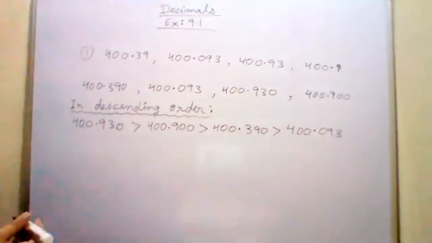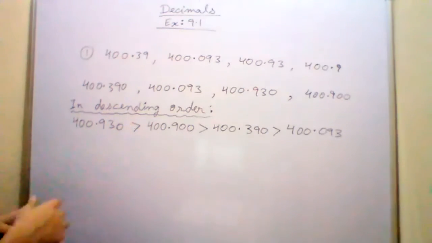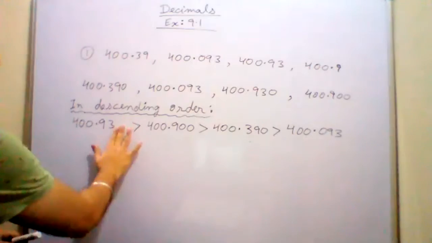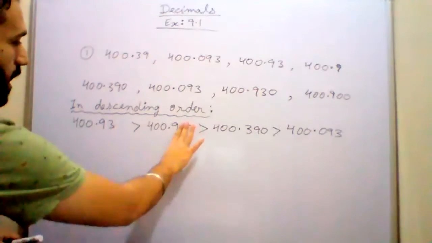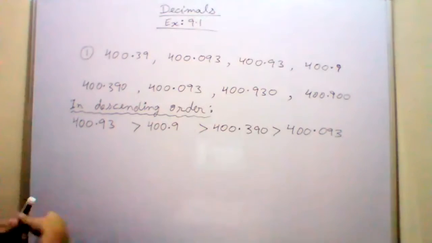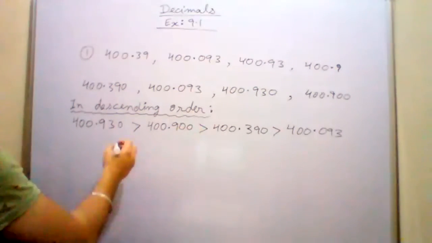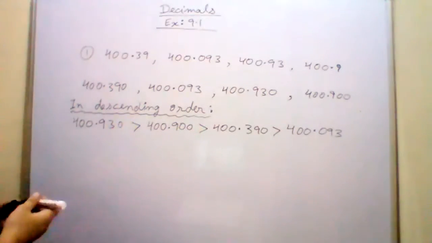Now you ask, what is your doubt? Sir, my doubt is that if we do not write the last zero, the answer will be... No problem, but your answer should be in the correct order. If you are not writing the zeros, there is no problem. Then also it is correct, but the order should be correct. Yes, sir, my order is correct.